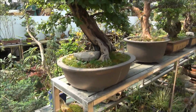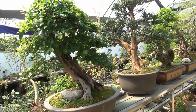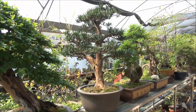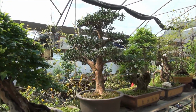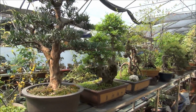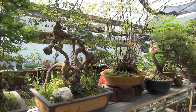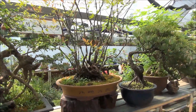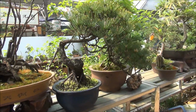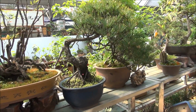And then here we have an array of trees, some of them quite large. This one we're looking at in the center is a Buddhist monk pine, podocarpus. Next to it I don't recognize. Quite a few species I don't recognize. Neither do I recognize this clump planting. The pine is easy to tell because of the needles and the